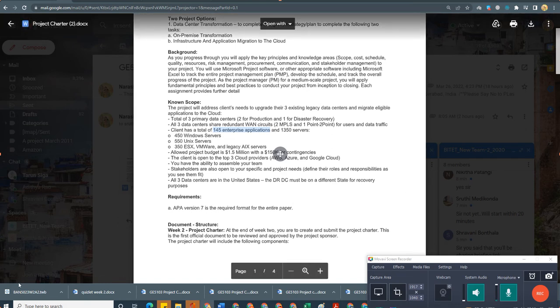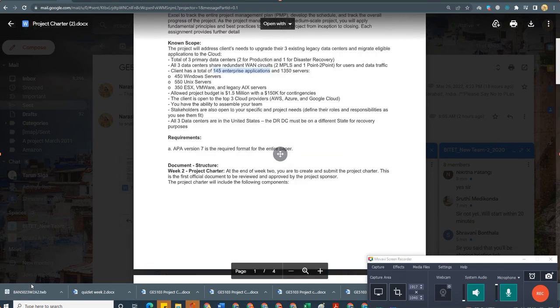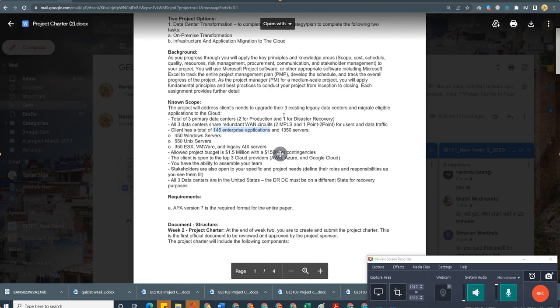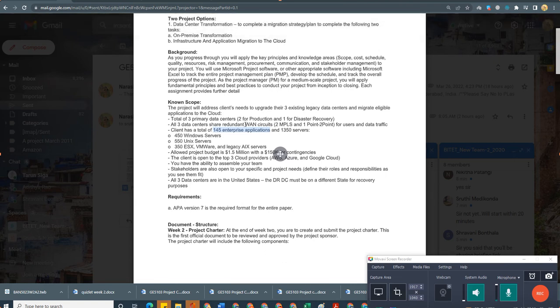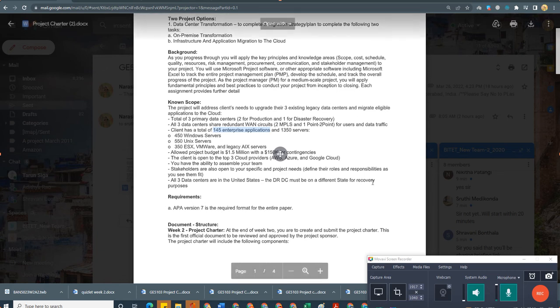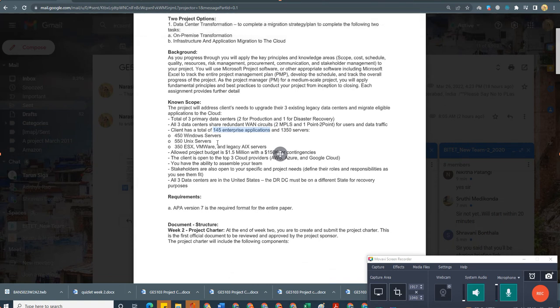So this is a basic briefing related to the project scope. Actually we are assuming all these things, and our focus will be more on the project management document. Okay, so this is all the description related to the case. Don't get very confused with the technical detailing that is provided in the task. This is all about a simple project, maybe a large scale project, that we are going to implement for some XYZ organization. It's a clear detailing that is provided, so don't worry about it.